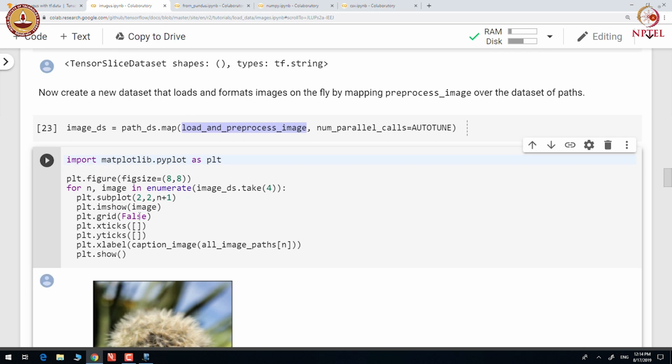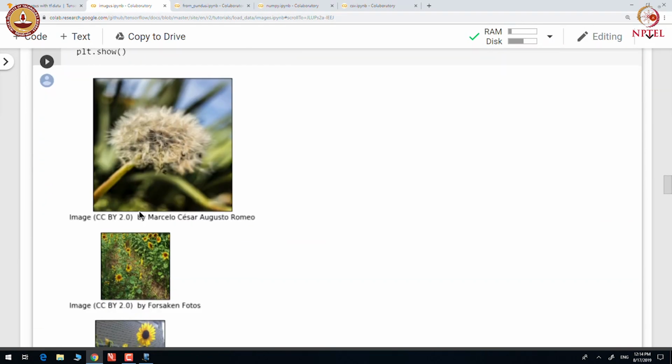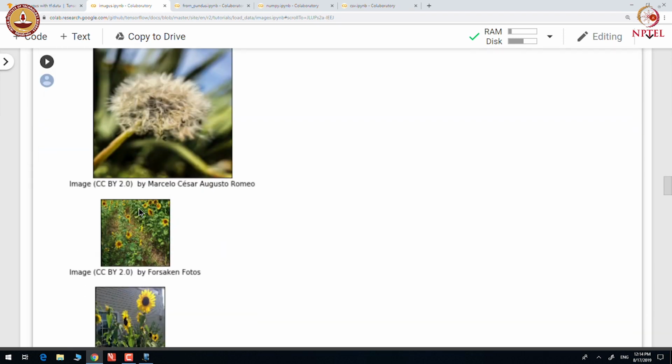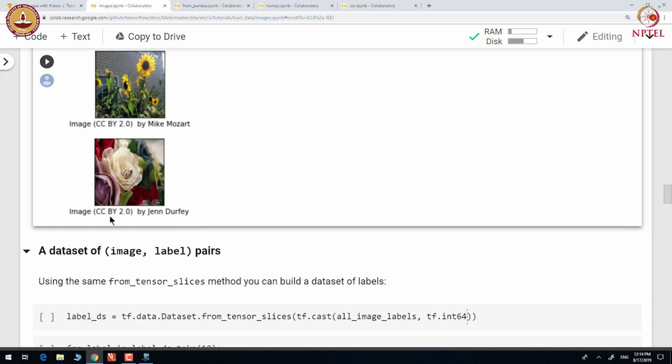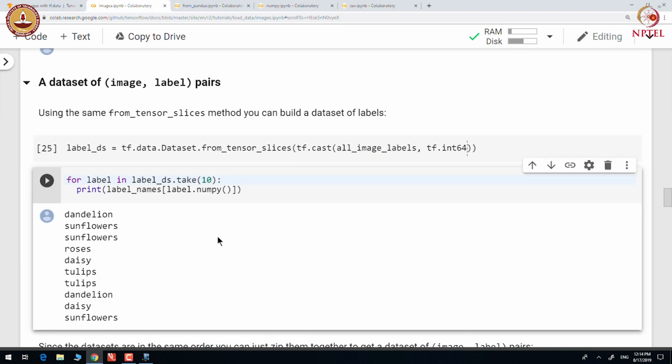Let us look at some of the images from the dataset. We look at the first 4 images. You can see that there are images along with their descriptions.